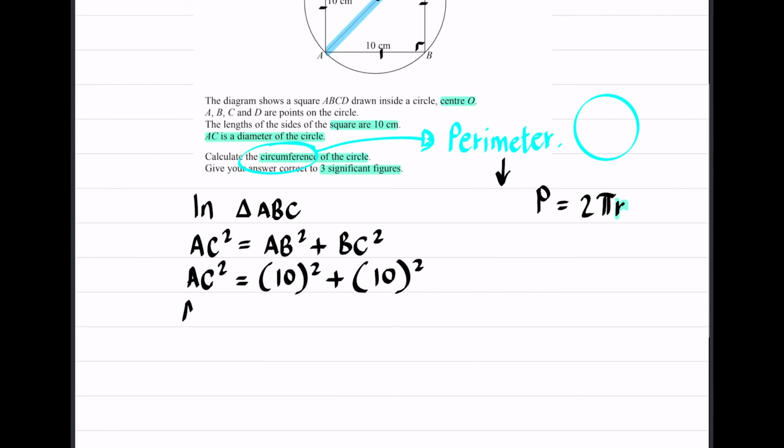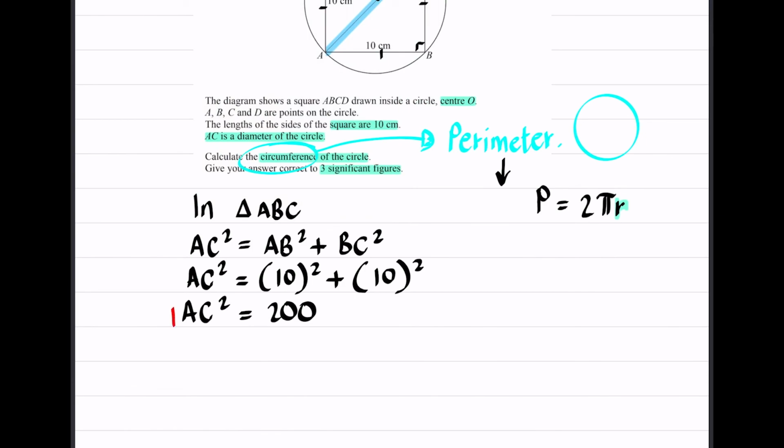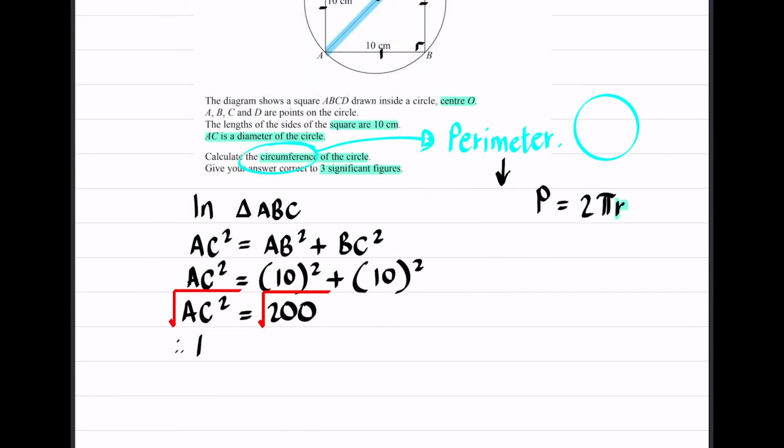So now we know that AC squared is equal to 10 squared, which is 100, plus 10 squared, which is another 100, and 100 plus 100 is 200. I don't want AC squared, however, I want AC by itself, so I'm going to square root both sides. When I square root both sides, I'm left with the square root of AC squared, which is AC, equal to the square root of 200, which is 10